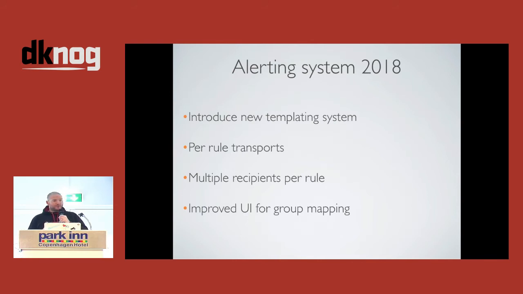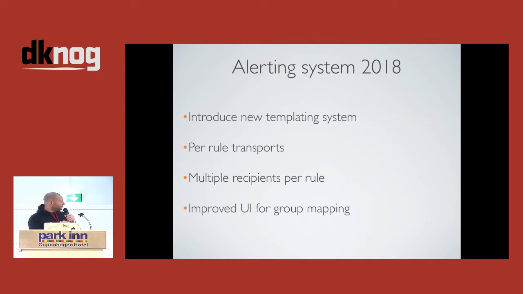We're actually spending a bit of time at the moment on revamping the alerting system and making it a lot more usable than it is at the moment. So a new templating system. That's one that's going to be on the cards to change to a standardized approach rather than just the custom-built thing we did. We're going to be adding things like per rule transports for anybody who uses it. So you can create a rule and allocate transports to that rule rather than sending it across to all of them at one time. Multiple recipients, so email alerts or Slack rooms, etc. You'll be able to define those per rule.